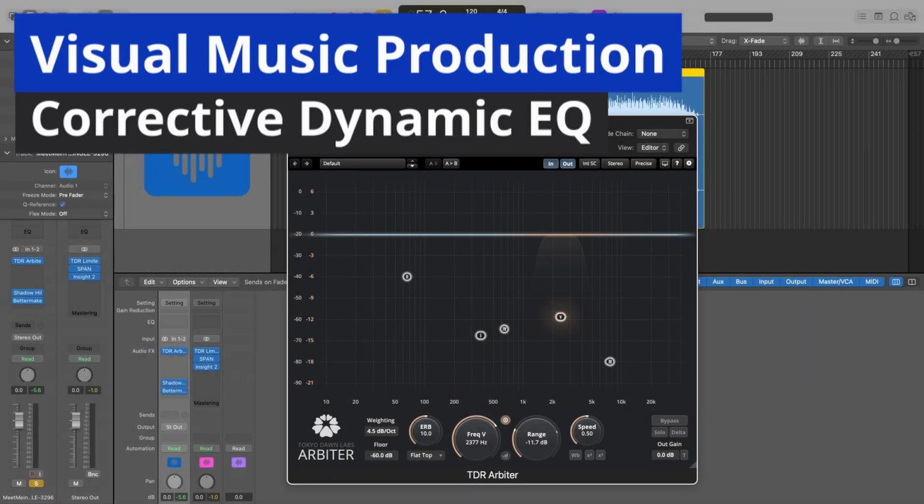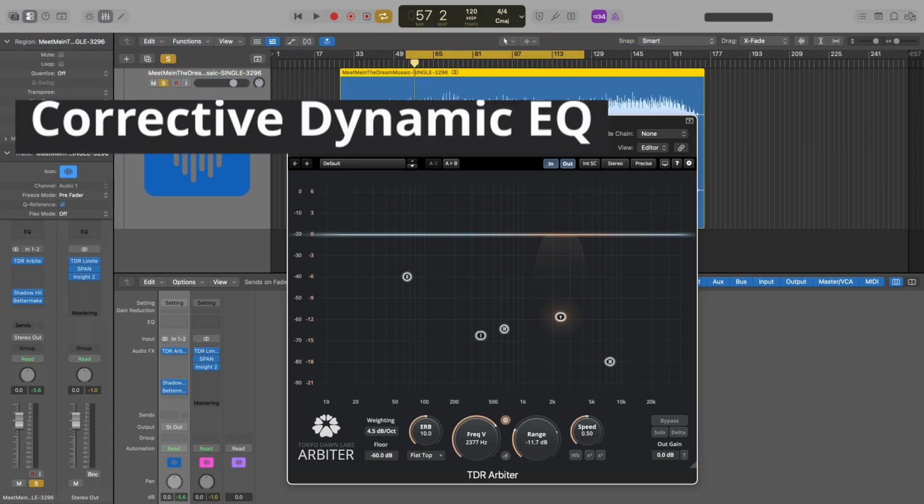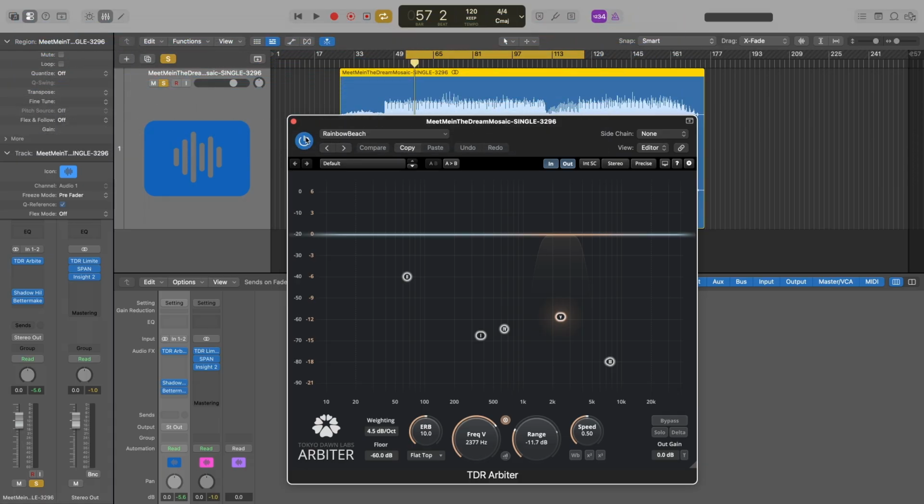Hello. In this session, I'm going to go through some corrective type equalization with this plugin, Tokyo Dawn Records, Tokyo Dawn Labs Arbiter. I think of this as a dynamic EQ. They refer to it as a frequency-specific spectral balancer. It works in a slightly different way to a standard dynamic EQ in that it determines its attenuation, its gain